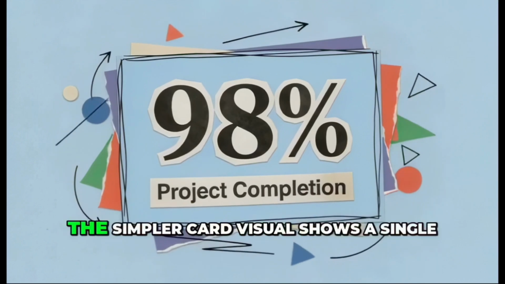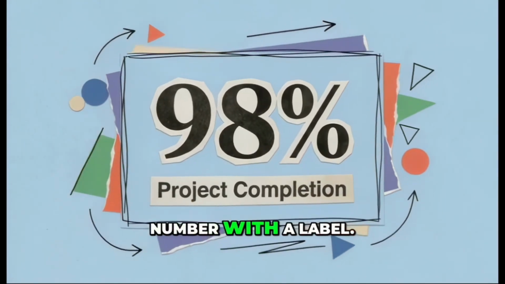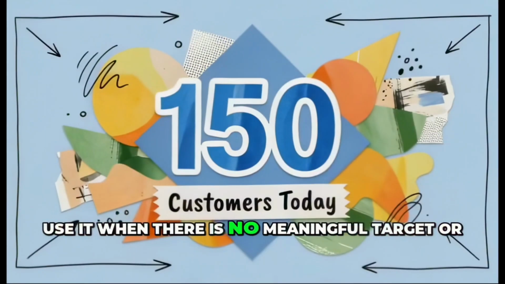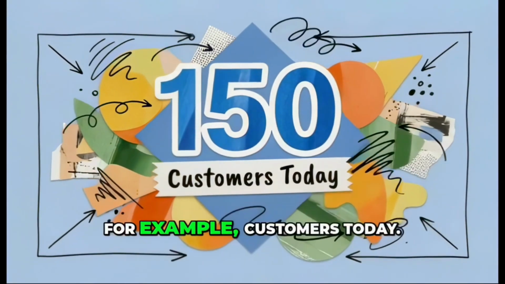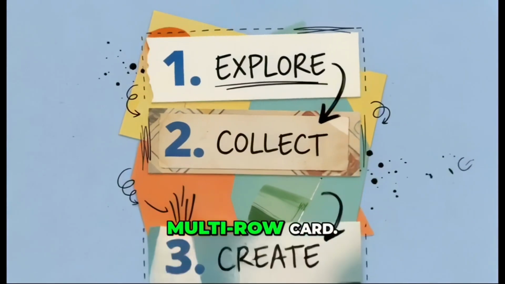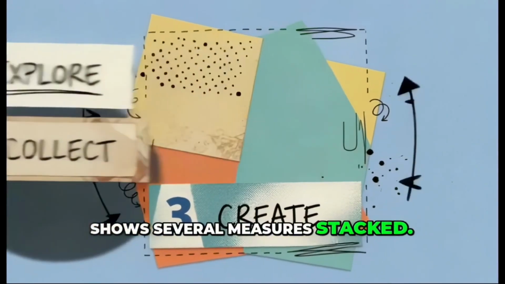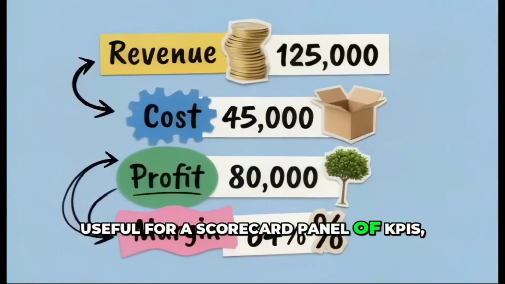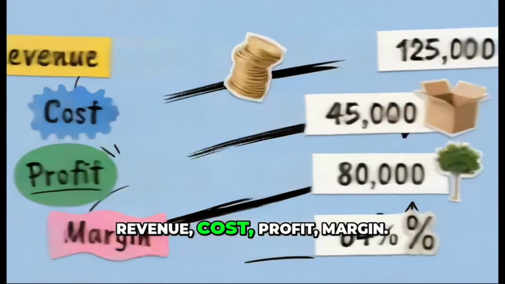Card visual. The simpler card visual shows a single number with a label. Use it when there is no meaningful target or trend. For example, customers today. Multi-row card shows several measures stacked, useful for a scorecard panel of KPIs: revenue, cost, profit,